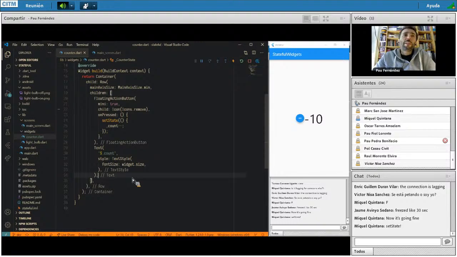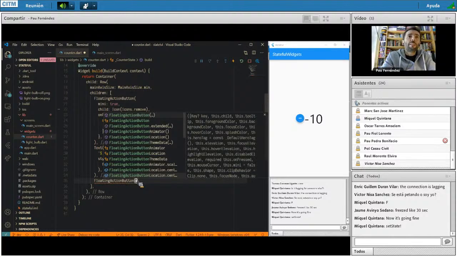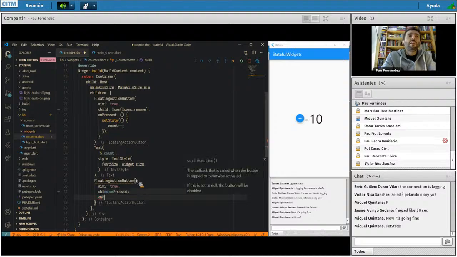And let's make another button then. So I'll say FloatingActionButton, and mini true, the same thing. And child is an icon. This time it's going to be Icons.add because it's the plus sign. And then in the onPressed,